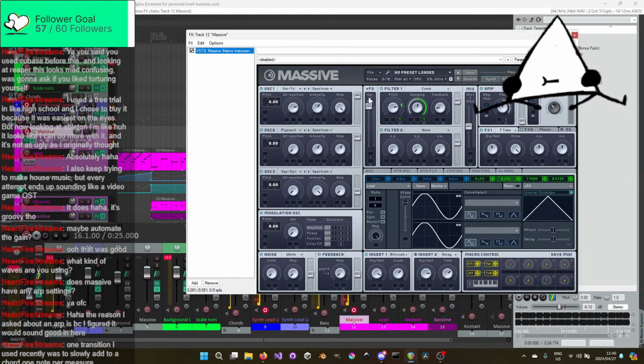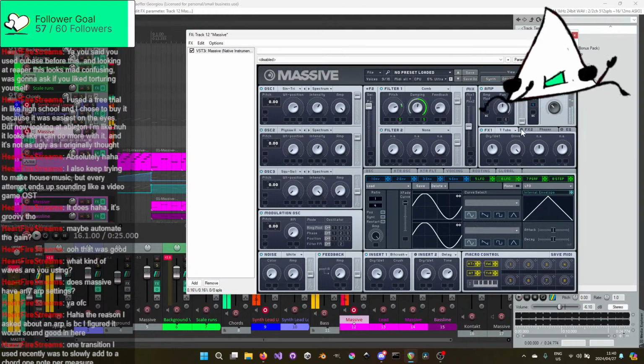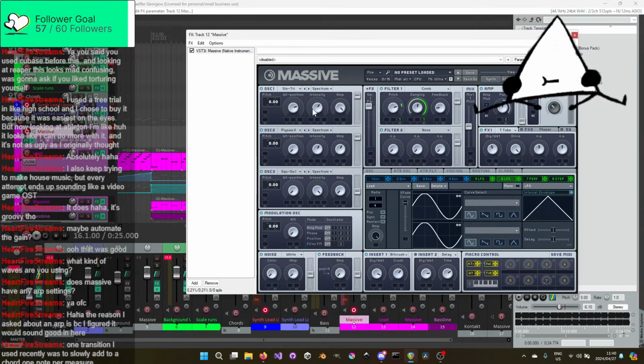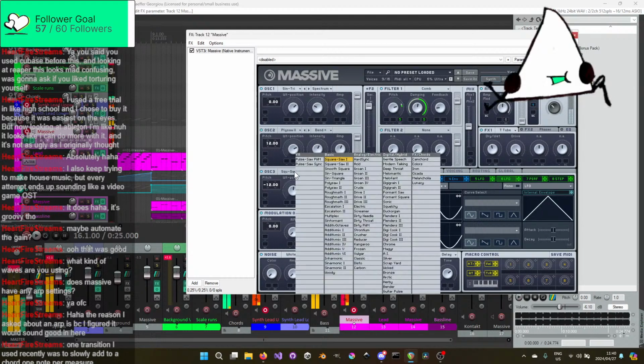So we want filters on. We want to turn phaser off, because the phaser's annoying me a bit. I want a bit more... I don't like the square.